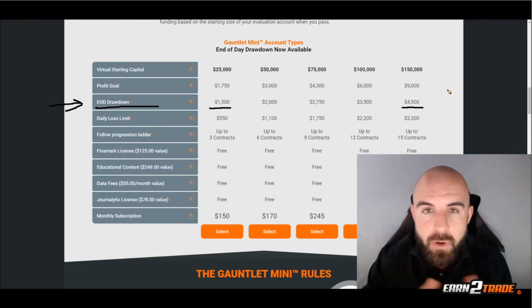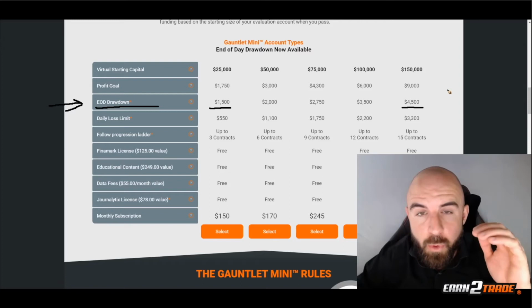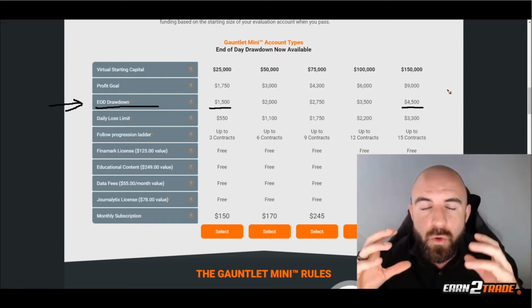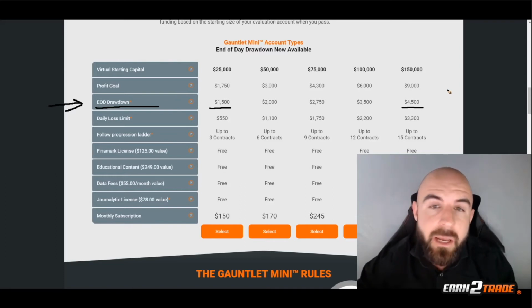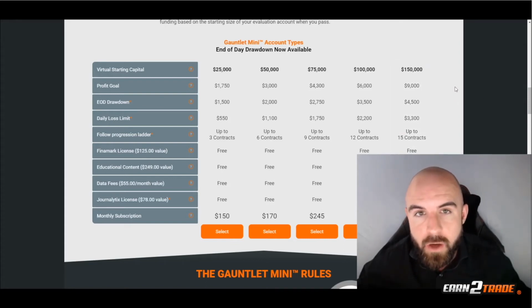What this number is to us as a trader, and why we need to understand it: this is the most amount of money that our account can fall backwards from the highest point it's closed at on any given trading day. Hence the name end of day drawdown. If it's still confusing to imagine in your head, don't worry, we're going to go over to an easy to understand animated video here in just a moment. But if you forget anything in this video and you want to see what the end of day drawdown limits are, this is an easy way to do it.